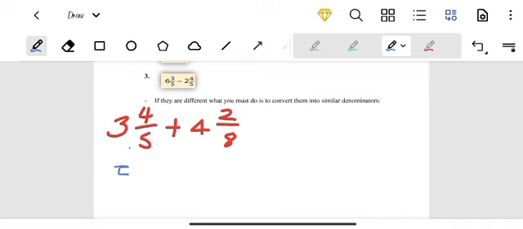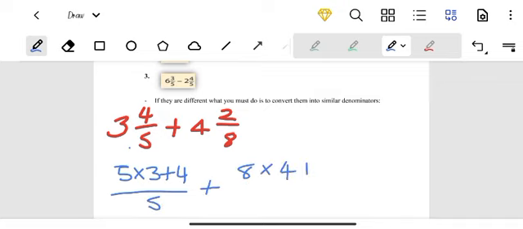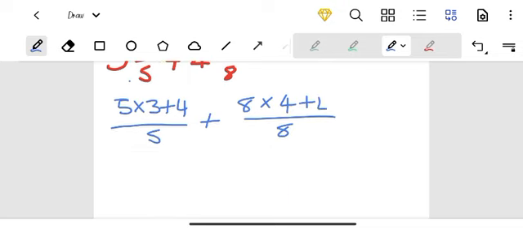You can simply say 5 multiplied by 3 plus 4 all over 5 plus 8 multiplied by 4 plus 2 all over 8. The next thing that you do is 5 times 3, which is 15, 15 plus 4, which is gonna be 19 over 5, plus that times that is going to be, let me see,